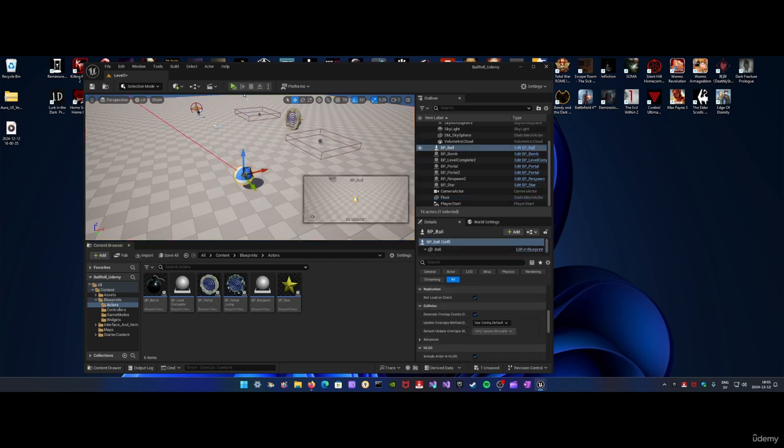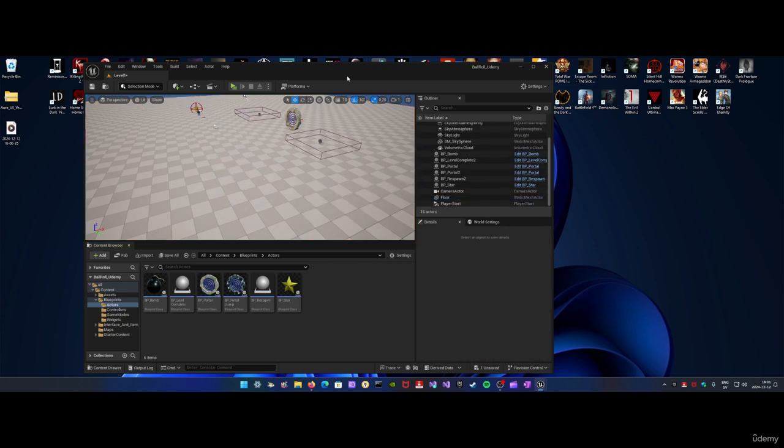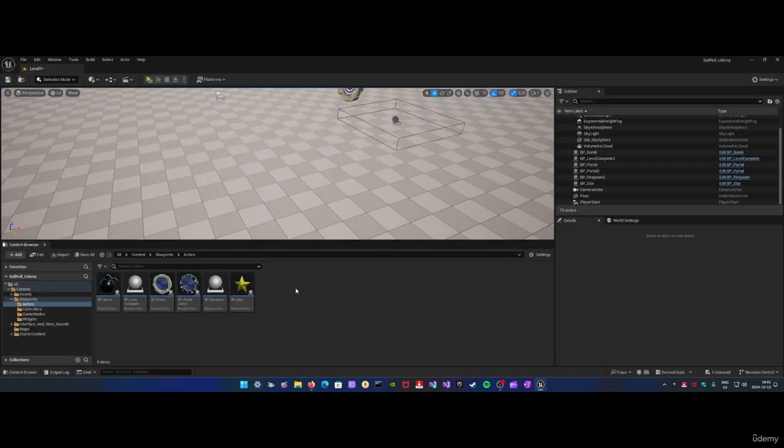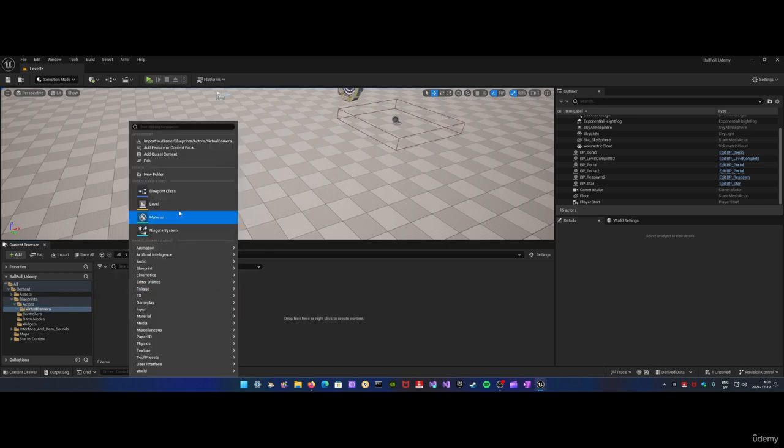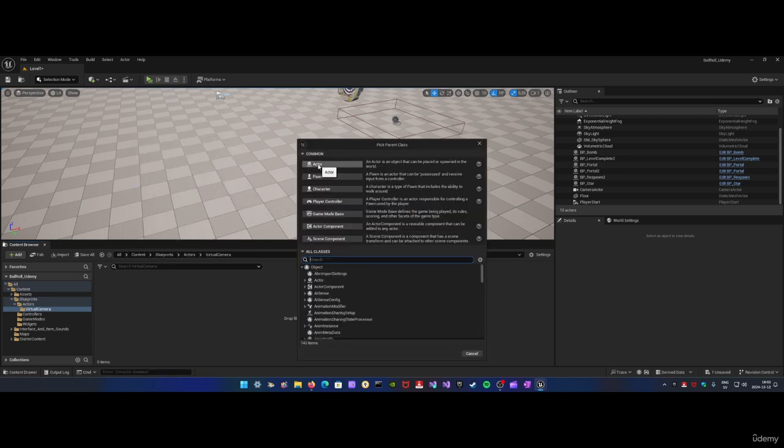What I'm gonna do, I'm just gonna delete this. So you can open up your content blueprints actors folder. Since this is an actor, I'm gonna create it here, but I'm gonna create it in a separate folder. I'm gonna call it virtual camera. Let's go inside of it. So we are gonna create a new actor. So it's a blueprint class. You choose actor,